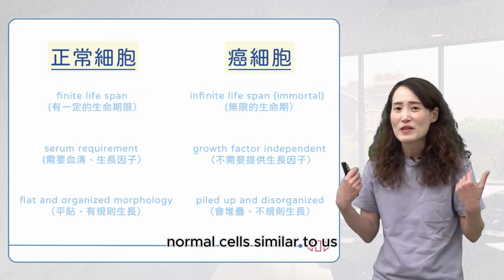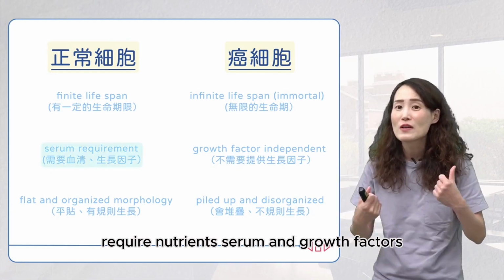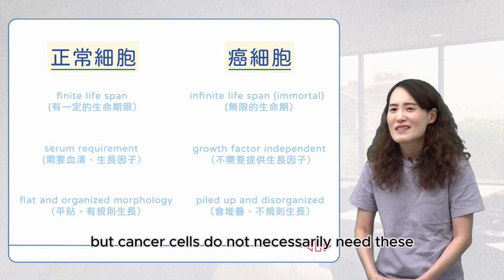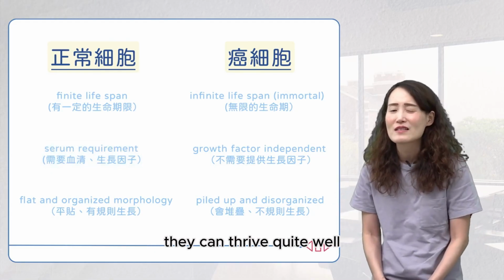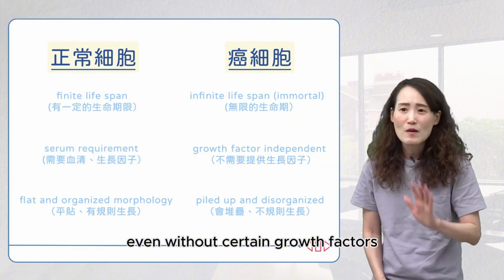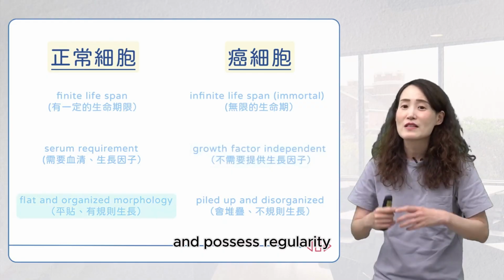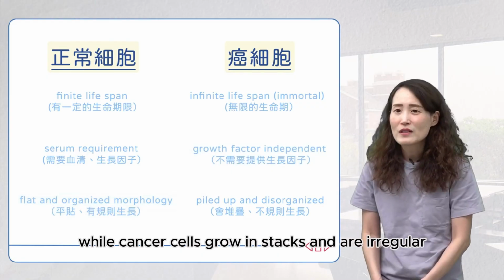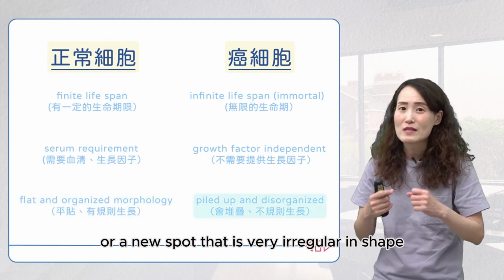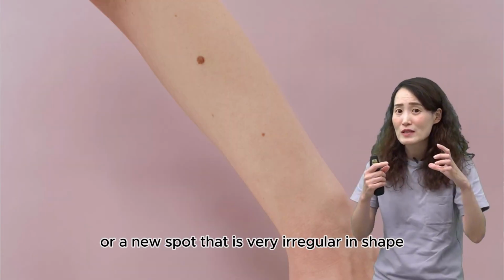Normal cells, similar to us, require nutrients, serum, and growth factors, but cancer cells do not necessarily need these. They can thrive quite well even without certain growth factors. Additionally, normal cells grow in a flat manner and possess regularity, while cancer cells grow in stacks and are irregular. Thus, if you have a mole or a new spot that is very irregular in shape, you should take special